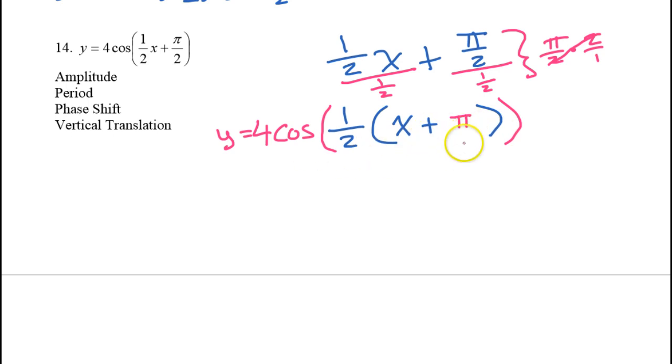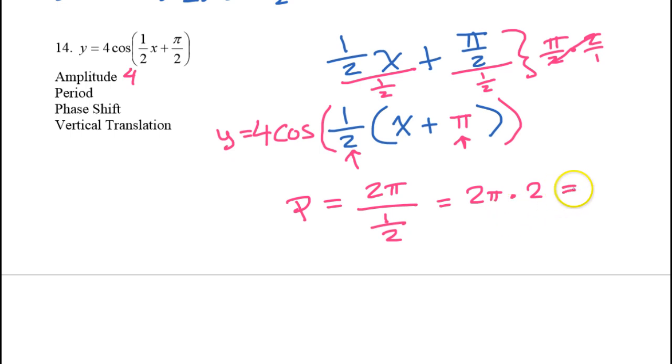So in this form, we can more easily see the phase shift. Anyway, the amplitude is 4 because of that 4 right in the front. The b value of 1/2 leads us to the period. We remember that the period is 2π/b, so that's 2π/1/2. So we have to multiply by the reciprocal, so this will be 2π times 2, which is 4π. So the period will be